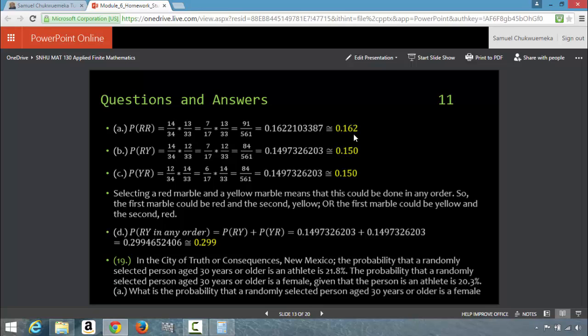Does that make sense so far? Comprende? Comprenez-vous? Okay, so then the next one,